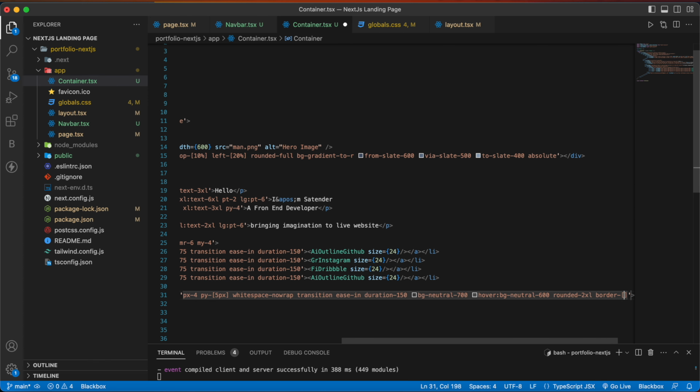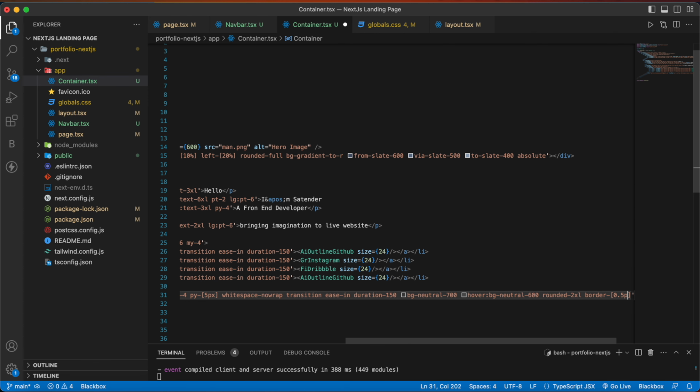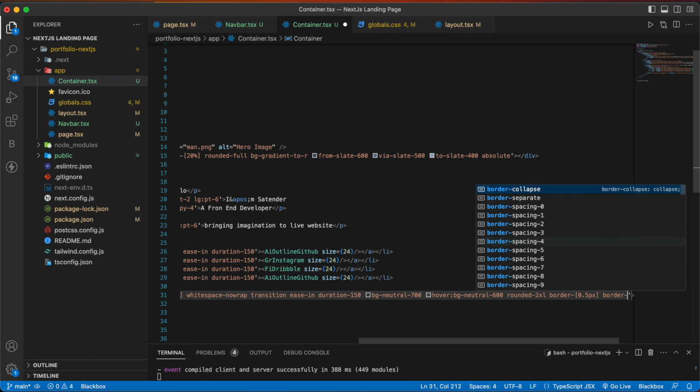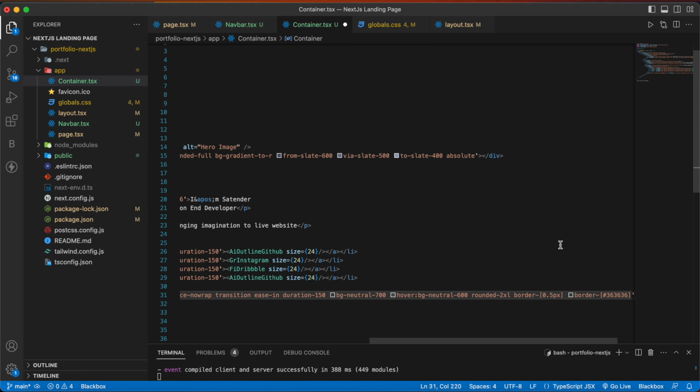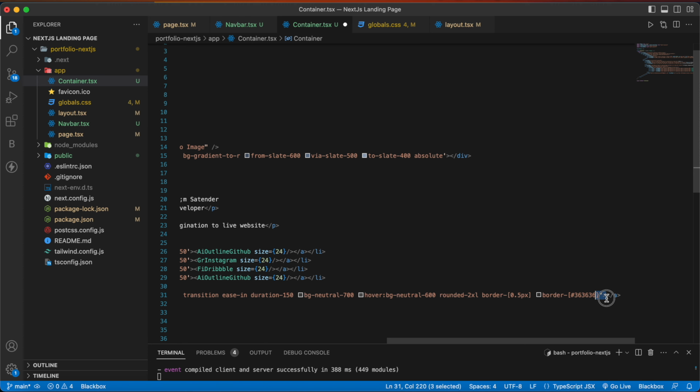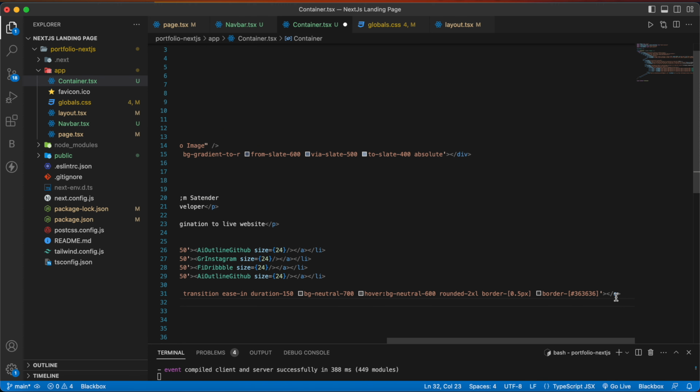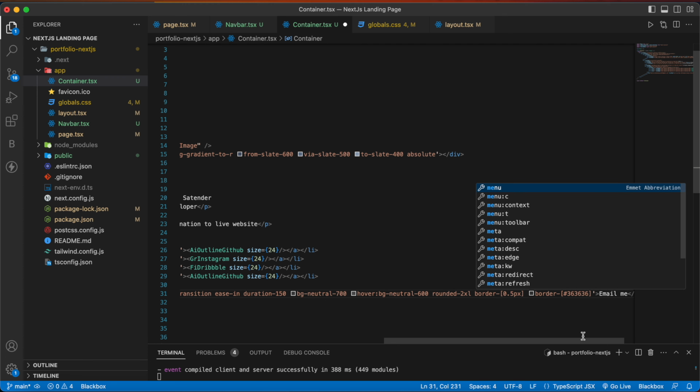Border will be 0.5 pixels, and then give a border color which will be hashtag 363636, and then write, and then inside the anchor tag write email me.